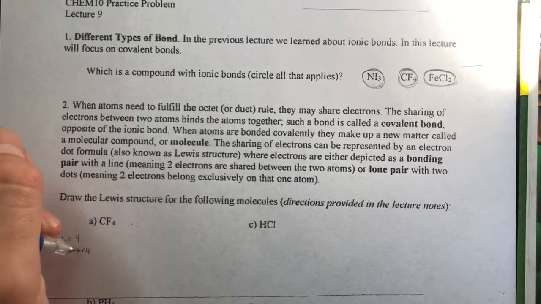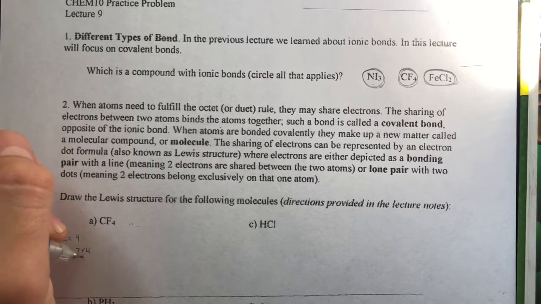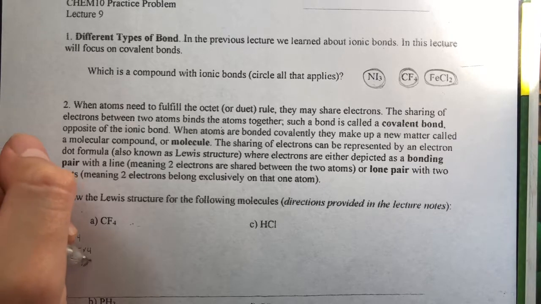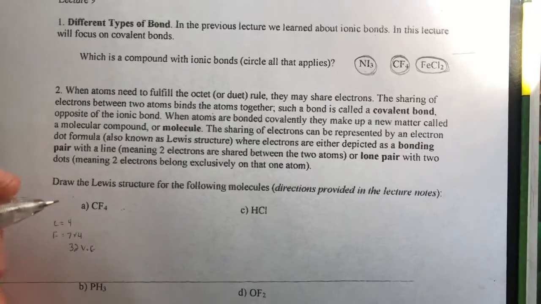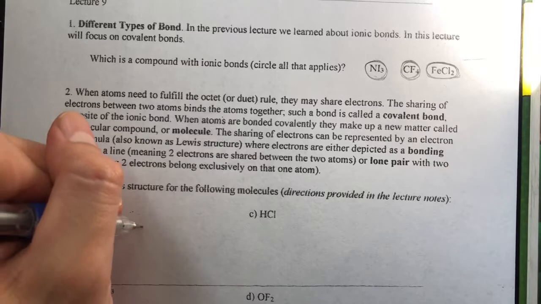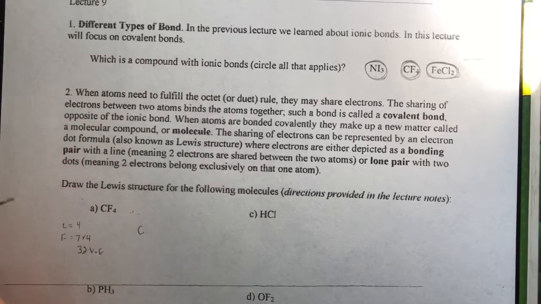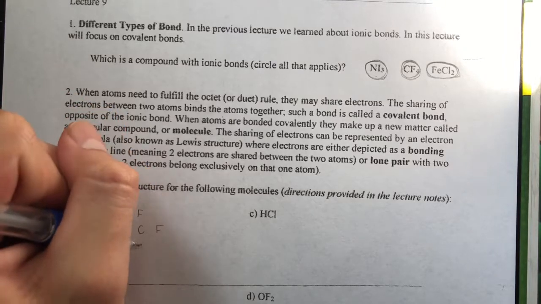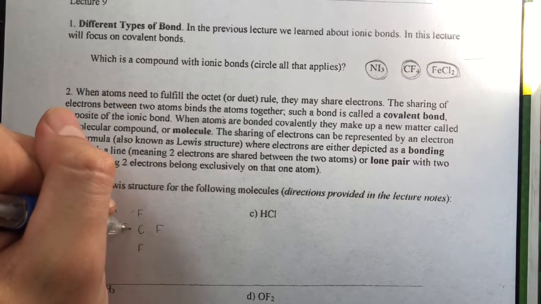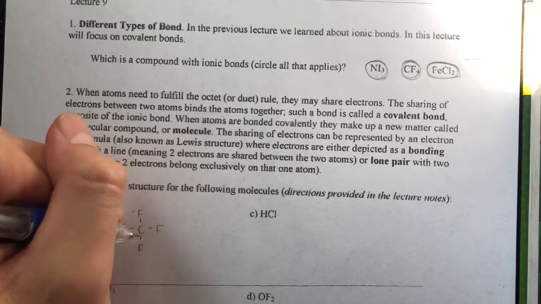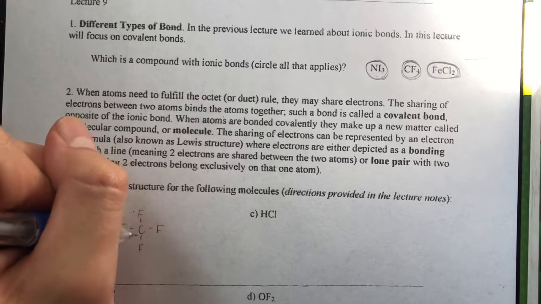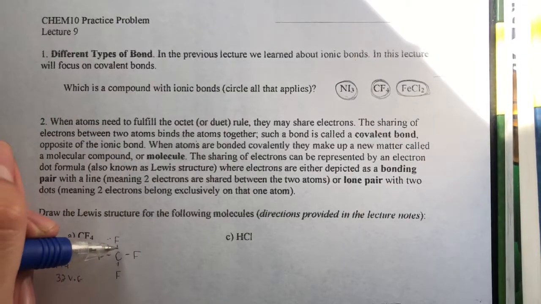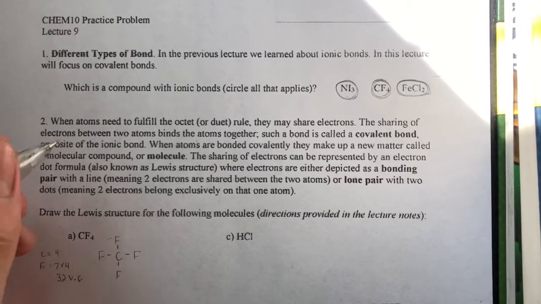So once you times this 7 by 4 plus 4, you would get 32 valence electrons, and now we begin to draw. Since carbon is the least electronegative, we will put that in the center, and there are 4 fluorines. You bond them with the central atom, so that gives you 2, 4, 6, 8 electrons,